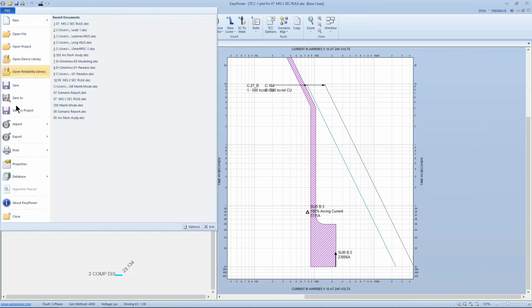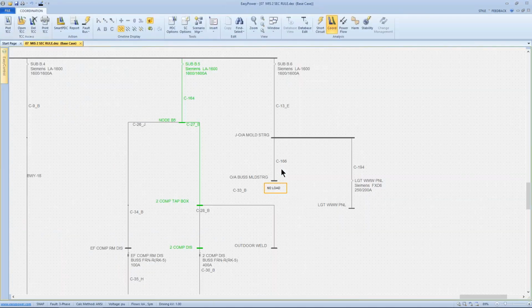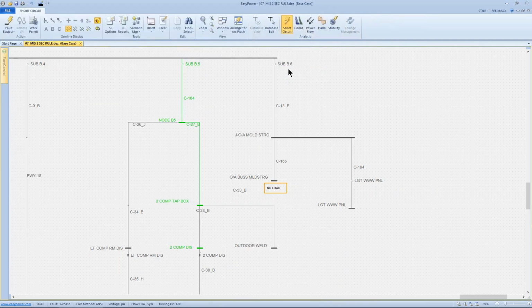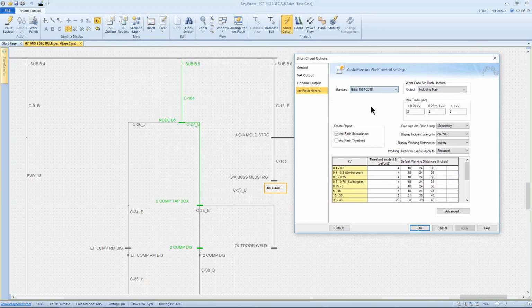So let's take a step back. That's under the old standard. Now let's look at the same thing with the new standard. So I'm going to go back to short circuit options and look at the new updated standard. We're going to exclude the main, and we're going to undo the